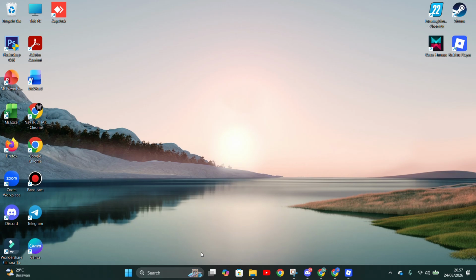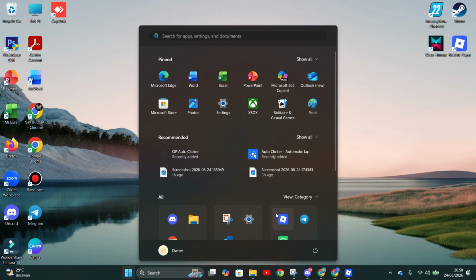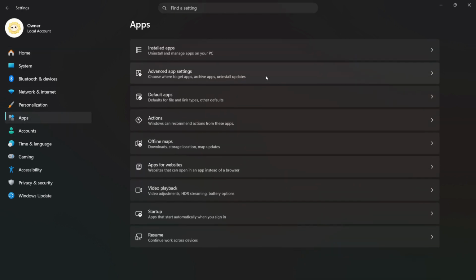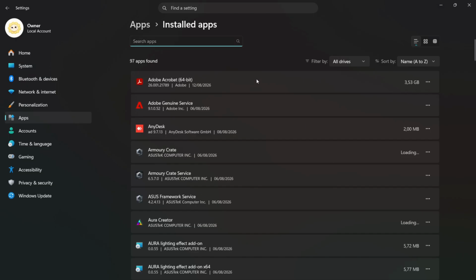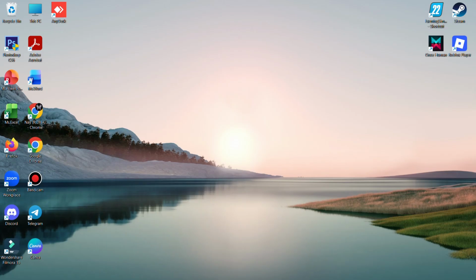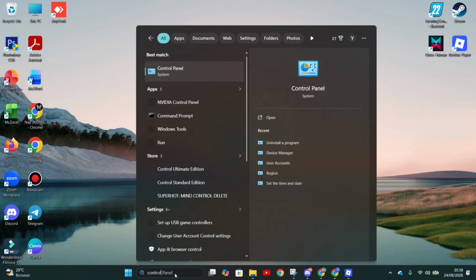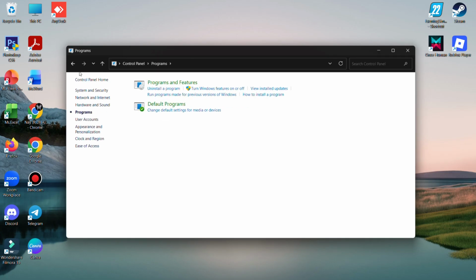So first, you don't need to uninstall from your apps in here. So don't do that. To completely delete or uninstall, you can search on your search bar in here, Control Panel. This one, you can open it. Select on Programs, Uninstall a Program,